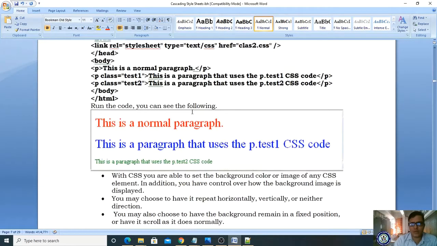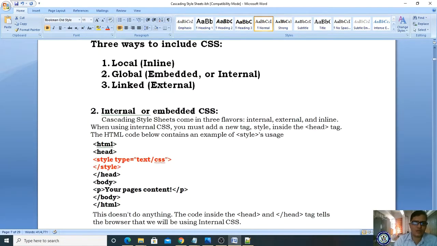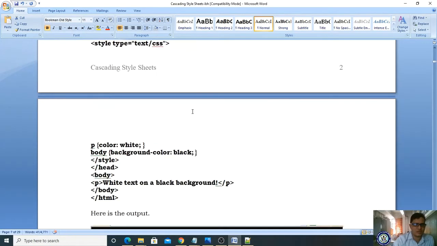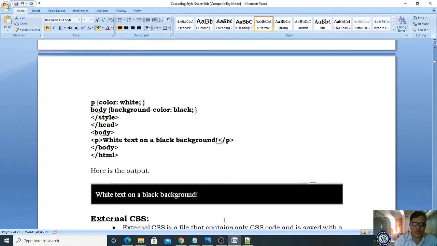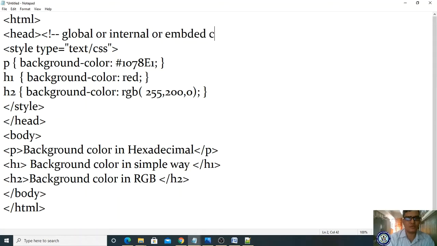So let me take this example. This is a sample example of global or internal or embedded CSS, right? Yes, let us see what we are doing.